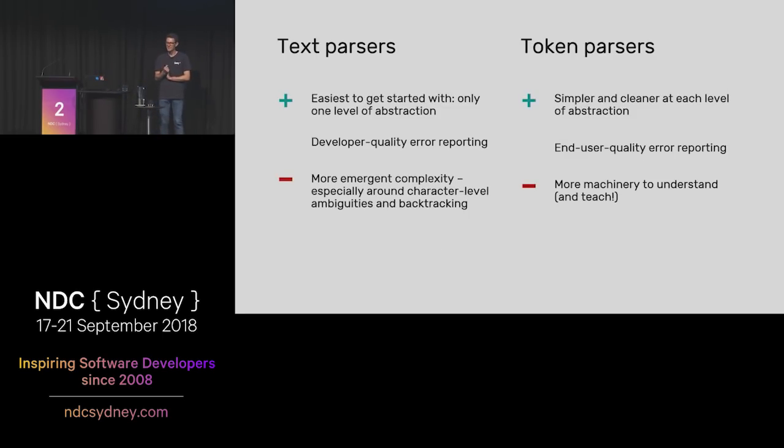So. We talked a bit about text parsers, which we introduced at the start, and we really show how text parsers are just programs that chomp through strings and return results. And we've got combinators to do all sorts of fancy things and make real sophisticated parsers out of those. And then we've got token parsers, which take a bit more machinery, and they're not so quick to write or understand. But I really think if you are going to show this language to an end user, then you should consider taking that approach. And there's tools out there to do that without a whole lot more effort than if you're working with just the plain text.